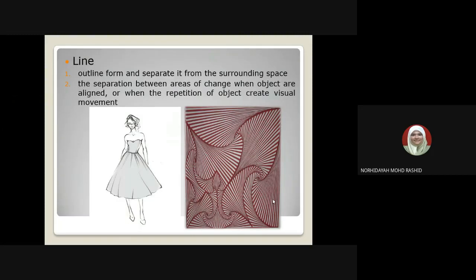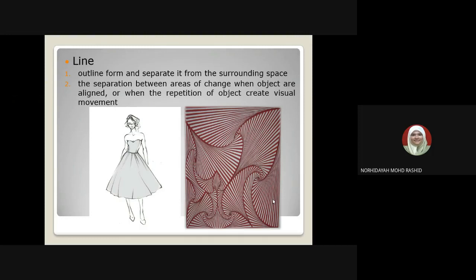Okay. This is actually a line form and separate it from the surrounding space. Okay. The separation between the area of changes will when objects are aligned and when the repetition of the object create the visual movement. So when we say about the line, is very simple. You need supposed to know. Okay, macam contoh tadi, line ini dia ada negative ada positive space.